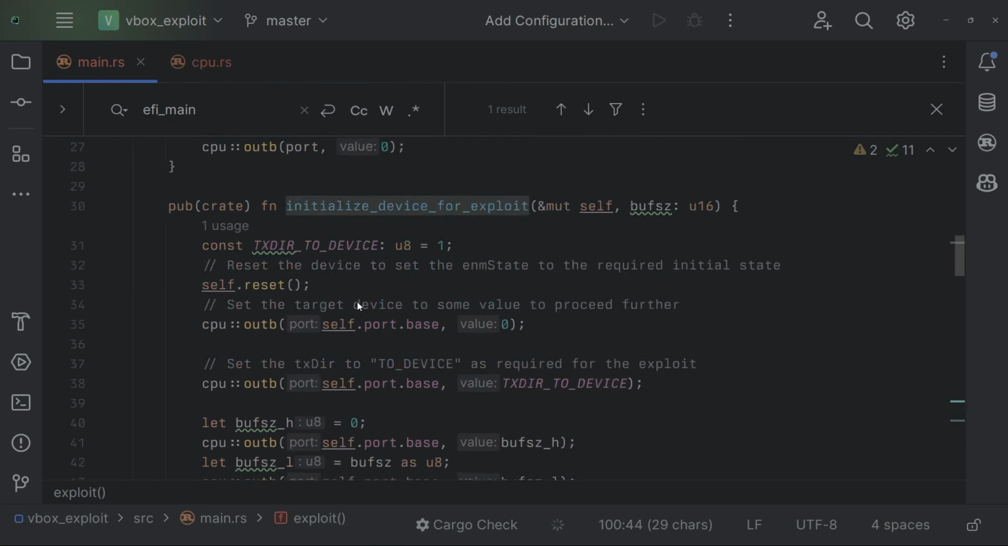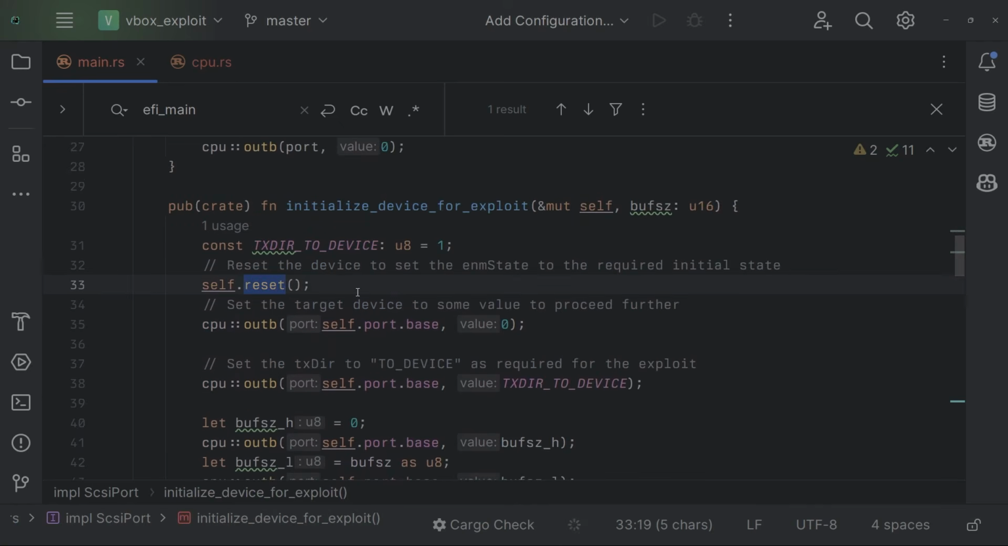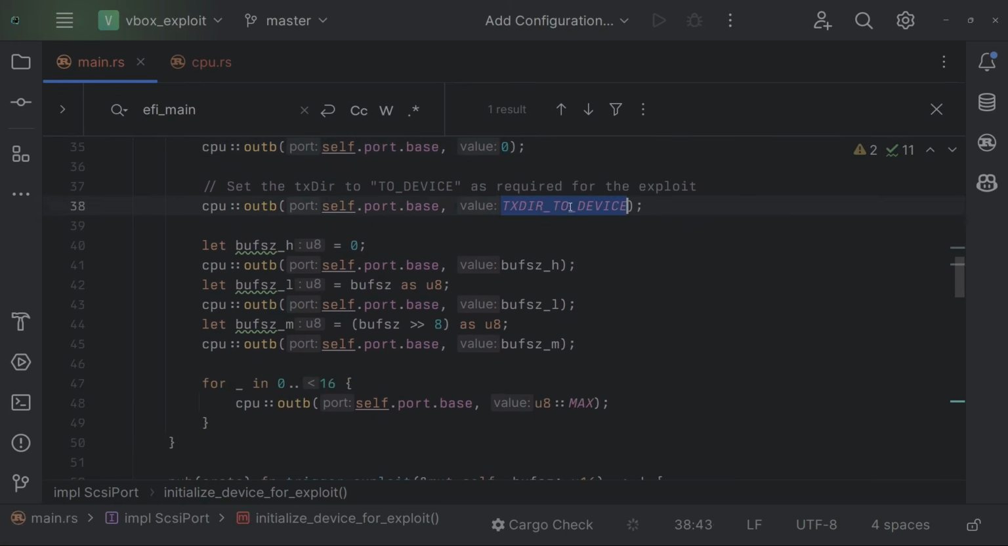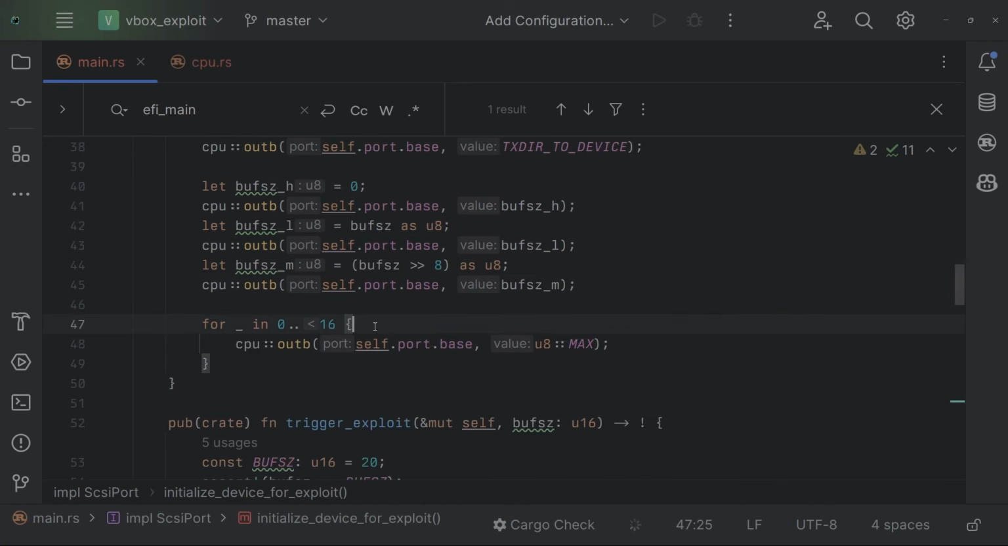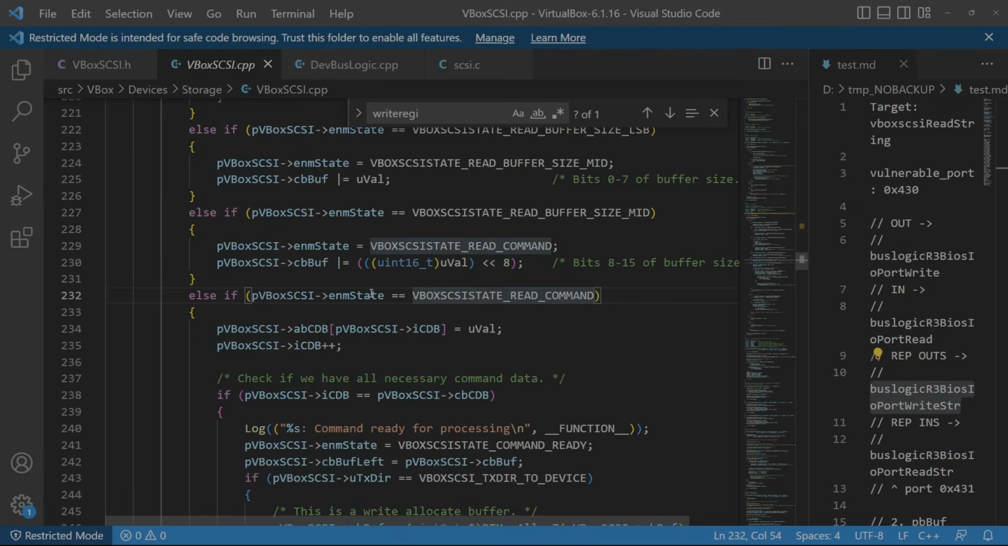Initialize device for exploit will do the reset command, do the out B with 0, and then out B with the TX2 device. Then for the sizes, we set the first size as 0, then the low 8 bytes reset, and then the middle 8 bytes reset. And then when you do the first size as 0, in the source code, you'll see that it sets